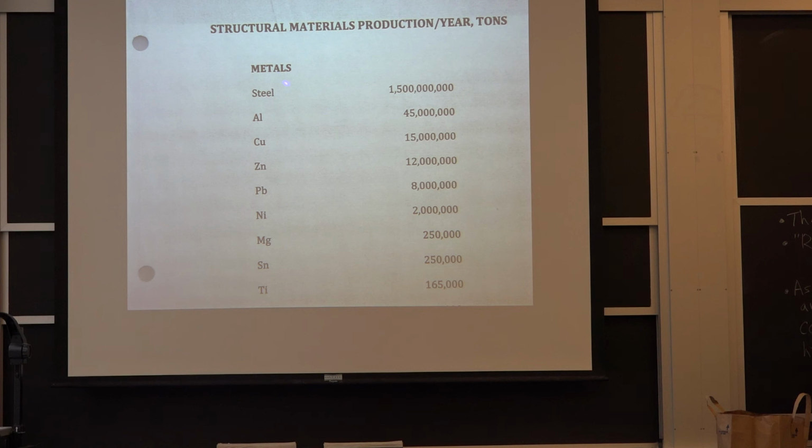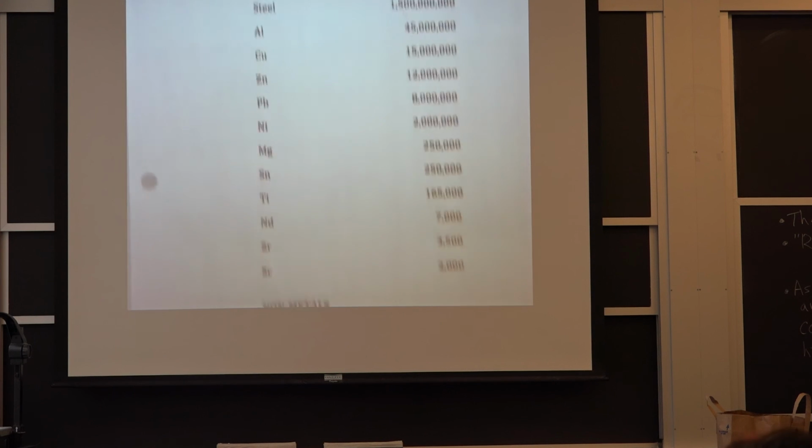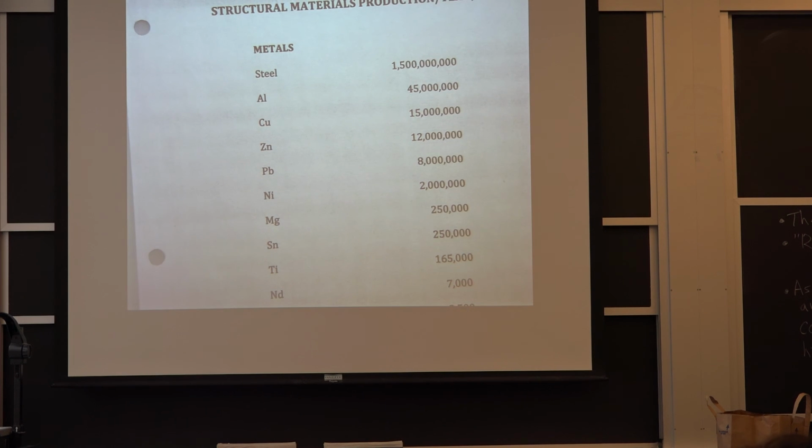Now, if we look at structural materials usage, this is something I put together for this course a couple of years ago. I gave you the future of metals thing yesterday, but steel right now is about 1.5 billion tons a year. Remember I said steel was 95 tons out of every 100 tons of metal made in the world? The next closest one was aluminum at 1.75%. Here it is: 45 million tons of aluminum is what the Aluminum Association says is the worldwide production. Go down, the next largest is copper. That was 1.2% of the total.